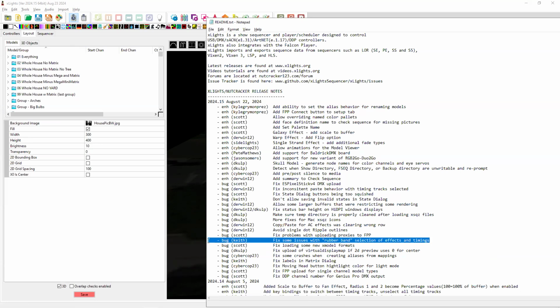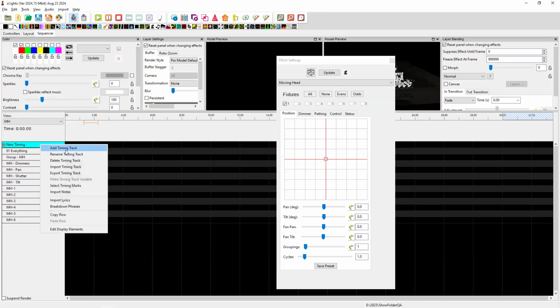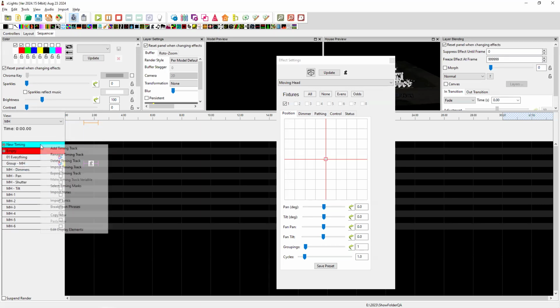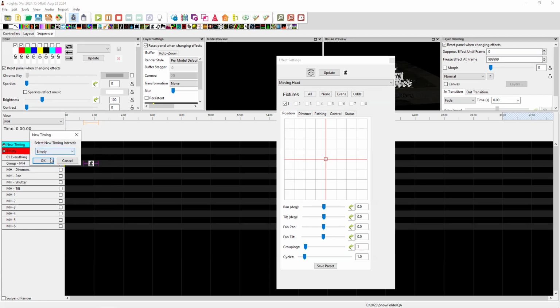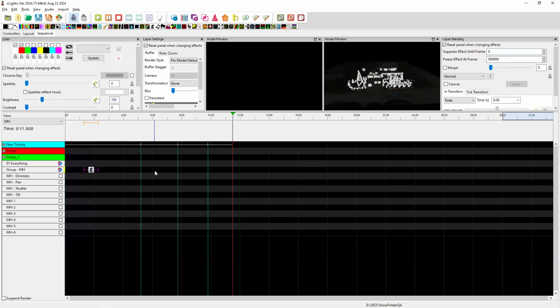This was an interesting one that was found by Brian, and Keith fixed it, and it's probably gone on undetected for quite a while. If you had multiple, or even one timing track, but I'm going to create a couple of timing tracks here, and imagine you've got a whole bunch of lyric tracks, and then I put some stuff up here, and hopefully I can give you the idea of what I'm talking about. Let me close that. And if you had some effects that were down on these rows, if you were to